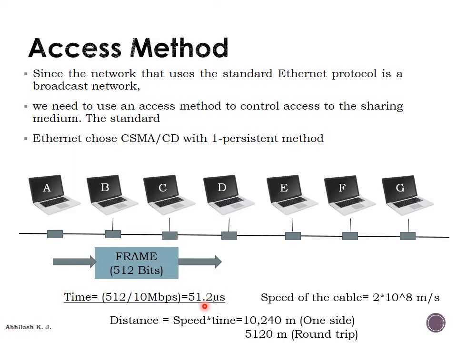By the time the last bit is sent, the first bit has covered a minimum of 5120 meters in the round trip situation. In case the collision happens in between, it will be clearly identified by station A, and thus it will abort its transmission. Or if the collision is not detected, since station A is continuously sensing the medium, if abnormal energy does not come, that clearly means the transmission was successful.